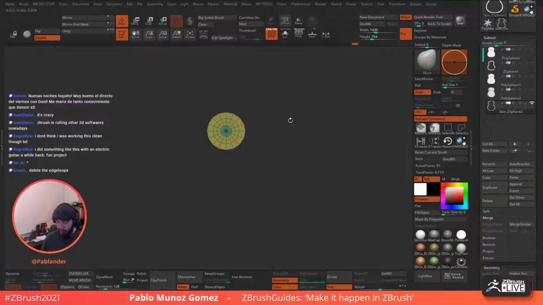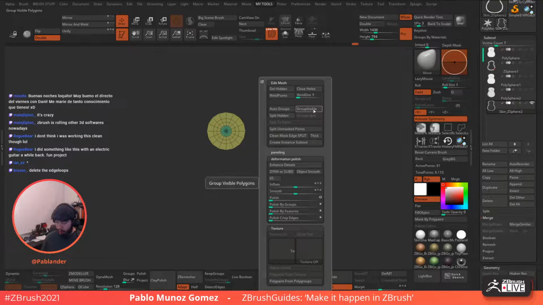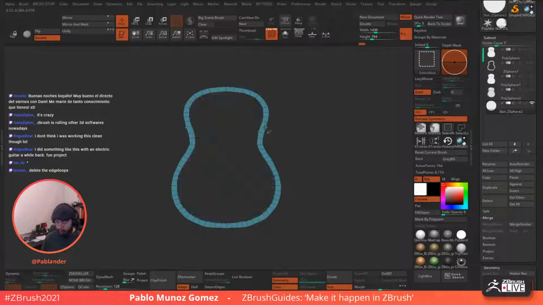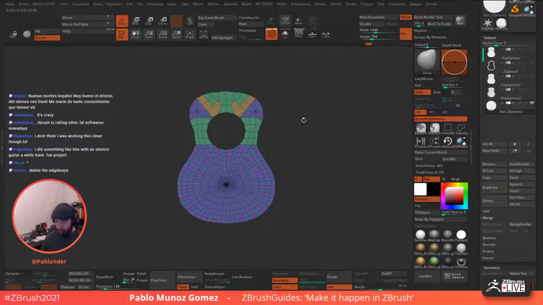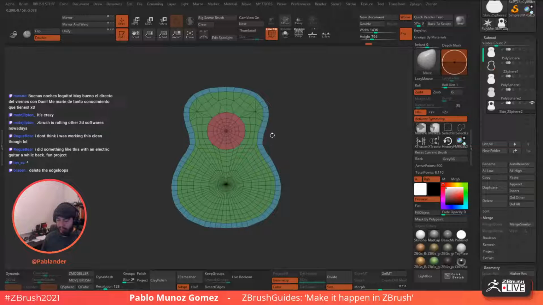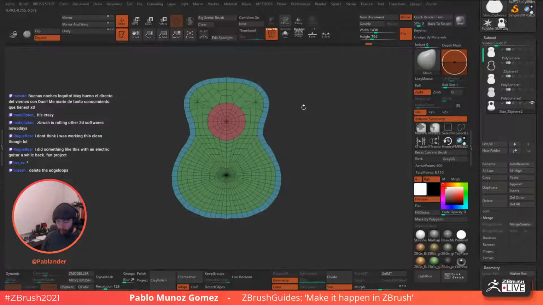Right, so this entire thing is going to be another one. So polygroup visible, and the rest, ZBrush can figure it out. Right, so this is the ones that we need. I'm gonna group visible. So basically, we're gonna let ZBrush figure out the rest based on these polygroups that we created. So from the ZRemesher, I'm gonna